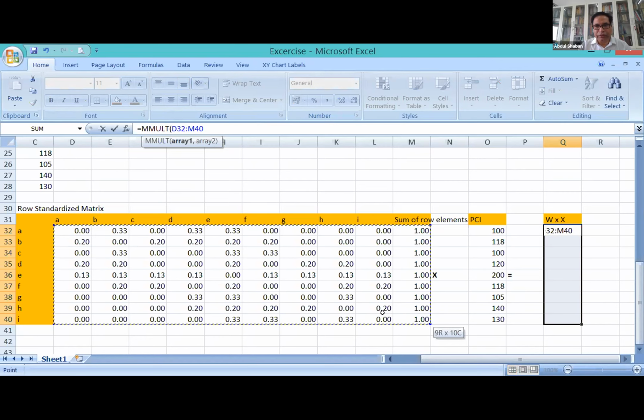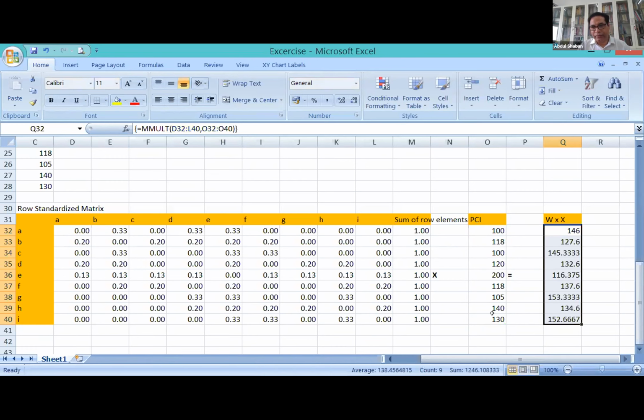Don't include the sum row. Go down, close the bracket. Now you press Control, Shift, and Enter. Got it? Yes, sir. So now you put all these things together.